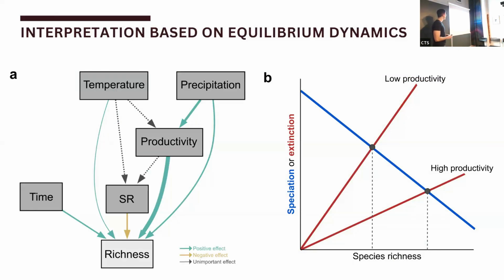And now going a bit deeper into the interpretations based on these equilibrium dynamics. What we are suggesting here to explain these findings is that productivity plays the key role in balancing out both speciation and extinction. The idea is that differences in productivity levels influence how steep the extinction curves in red are. So basically, a low productive environment, let's say temperate regions, has fewer resources to sustain larger populations, so it could result in higher extinction levels. In contrast, a high productive environment, let's say the tropics, has more resources that can sustain larger populations and therefore decrease the extinction